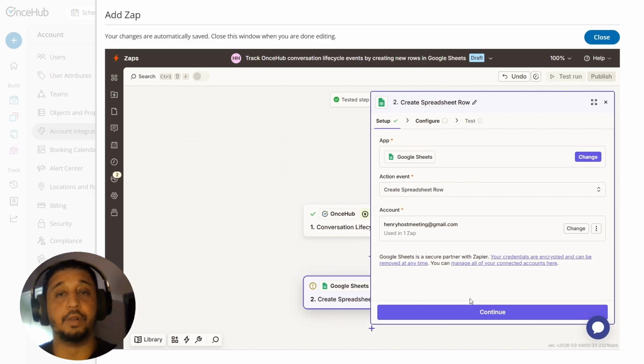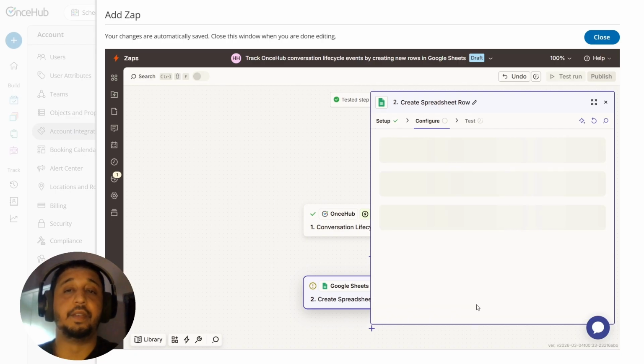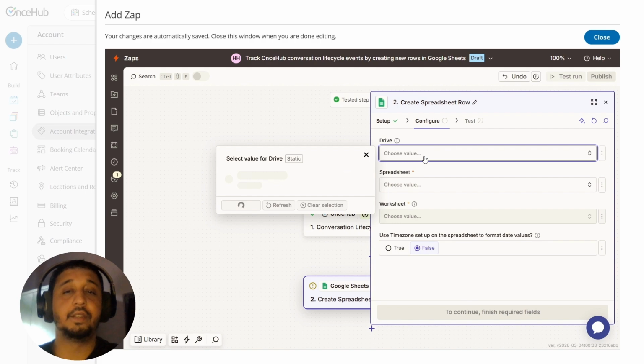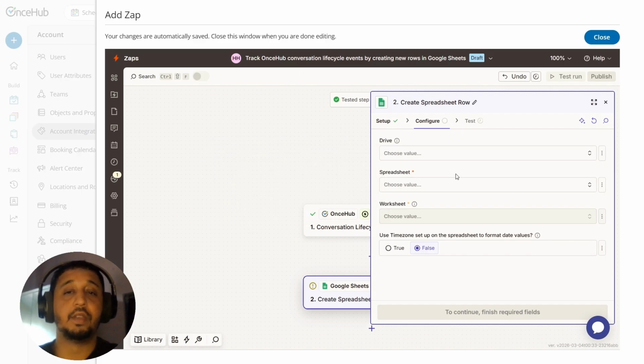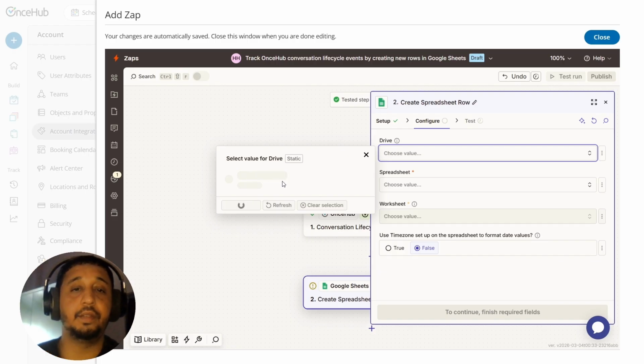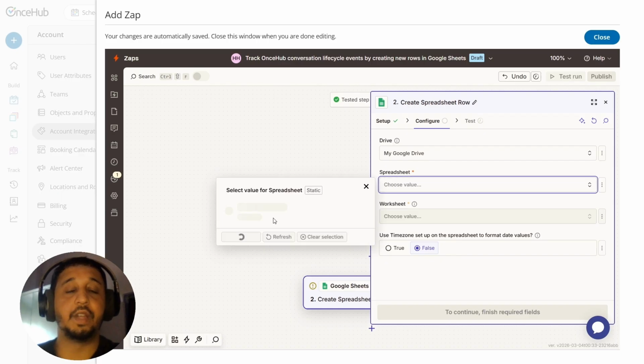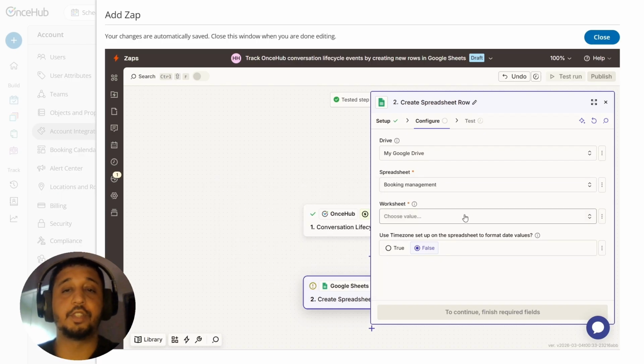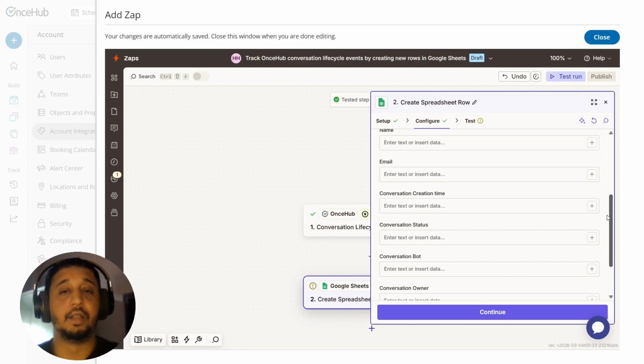Then here our Google account, that is the Google spreadsheet, has already been set up. My only thing that I need to do is go ahead and configure it as per my requirement. So I'll go ahead and confirm the relevant drive that I want to send the data to. And then I will need to go ahead and select the relevant spreadsheet and the worksheet for mapping. Now, once I have this data ready, I will be able to go ahead and map this. So selected my drive. Now the relevant spreadsheet, the relevant worksheet, and it will present me with the relevant information